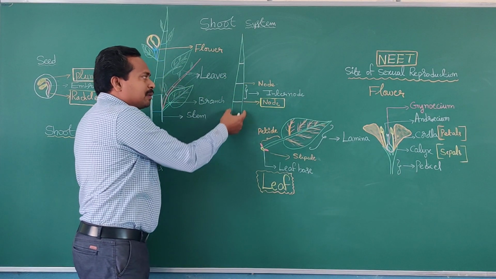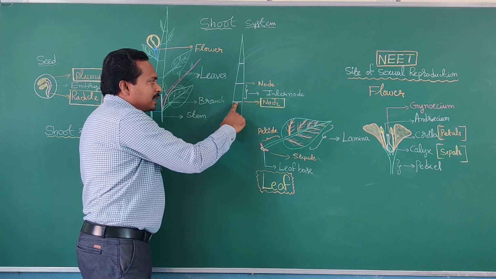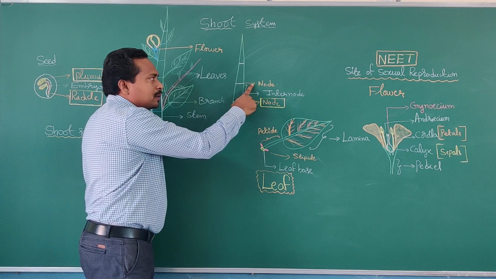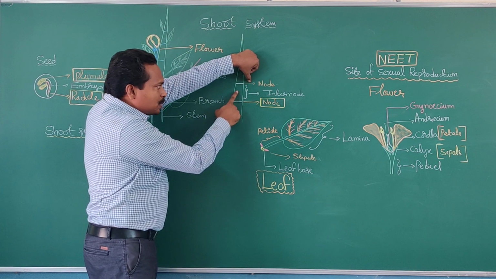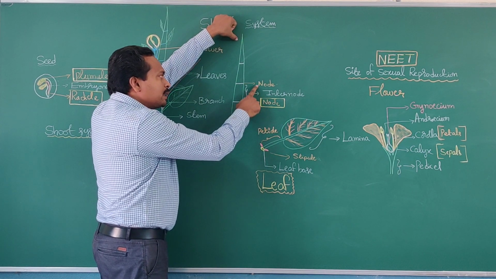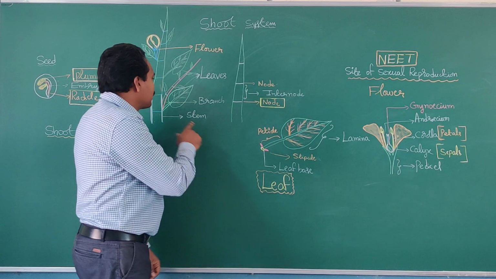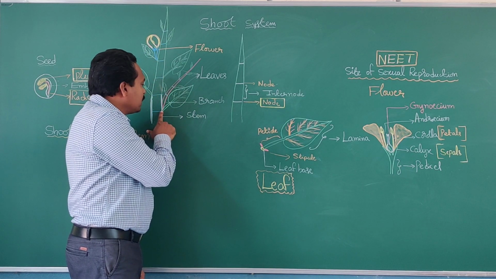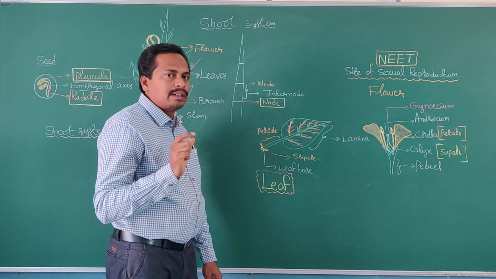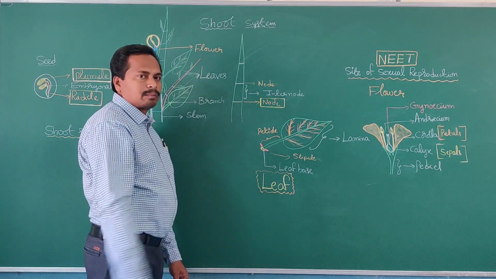Look here in this diagrammatic representation. Here I have drawn one stem separately. These white color lines represent the nodes. This is one node and the second node. In between these two nodes, a certain space is present. That is the internode. The stem is differentiated into nodes and internodes. So where are the leaves produced? The leaves are produced from the nodes region of the stem, not from the internode. That is also important for the NEET examination. So the leaves are developed from the nodes region of the stem.